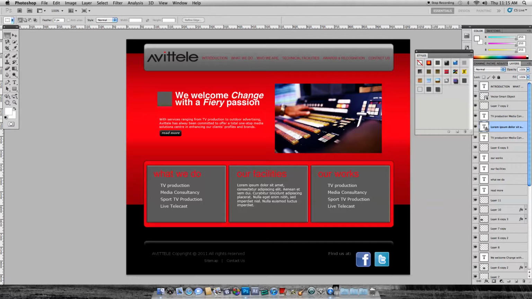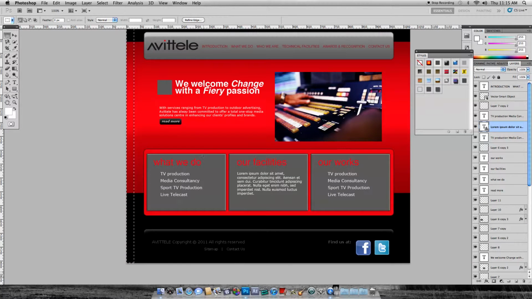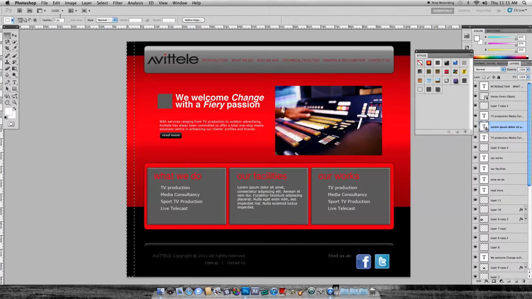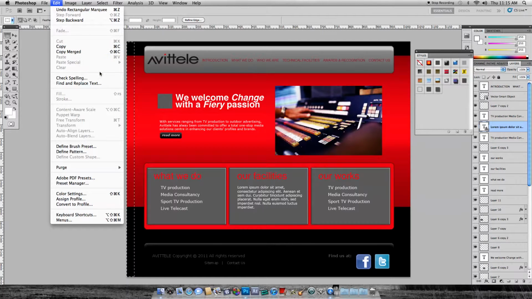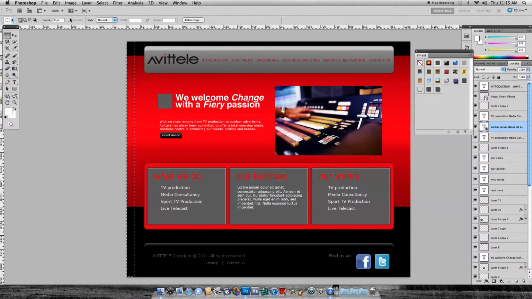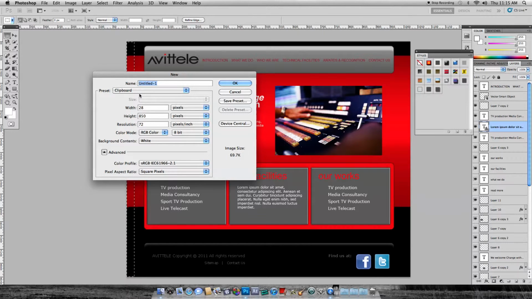First of all, I would like to save the background image. Since the background image is a gradient and I need to have it filled in my HTML file later, in this case I just need a slice of the image. Basically, I'm going to make a small selection here, and I'm going to copy merge. Since it is all in layers, it's best to copy merge, and I'm going to create a new